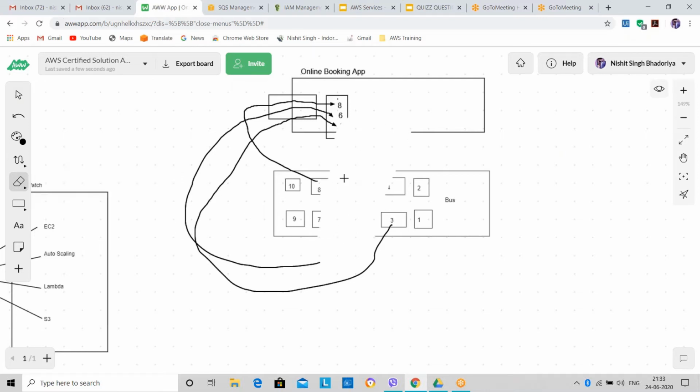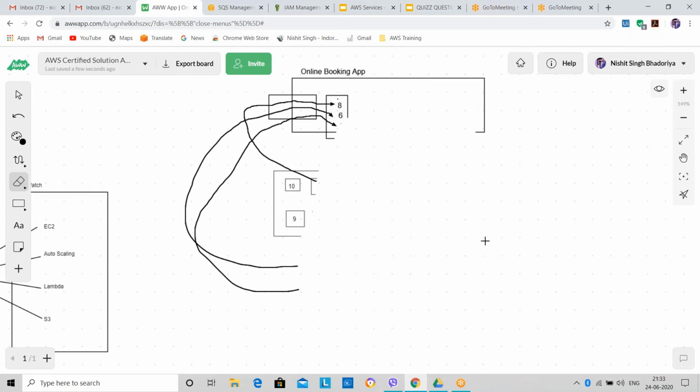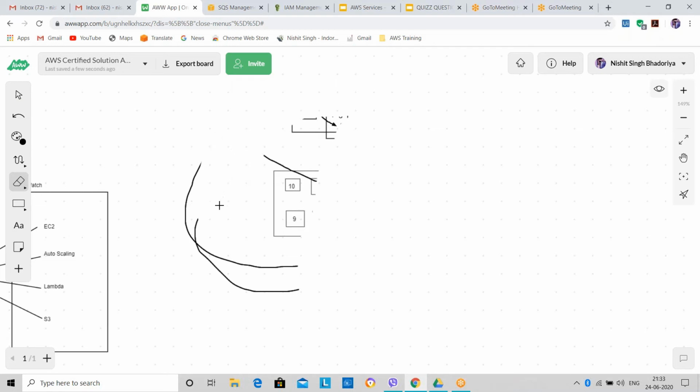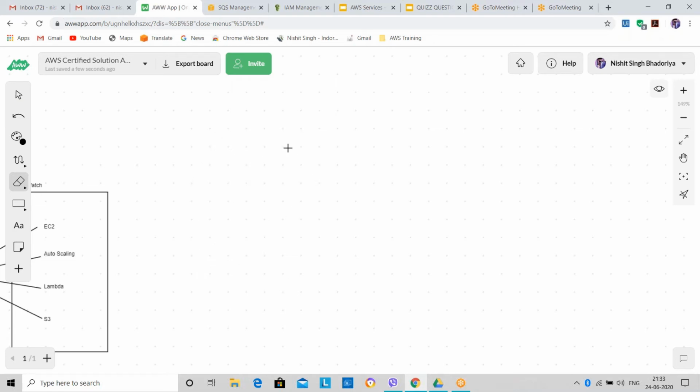I asked about whatever queue is configured. Somewhere the message should be stored, then it should be delivered to the app, right? Since you have set up request and response, and since we are configuring the message queue, I have asked you: what is the mechanism if the queue goes down?